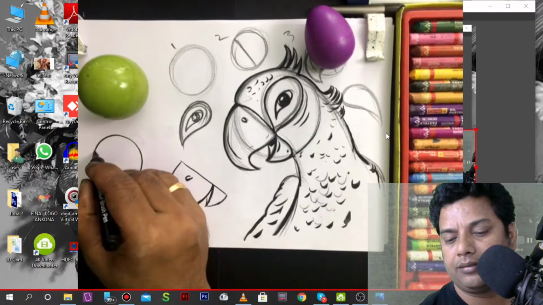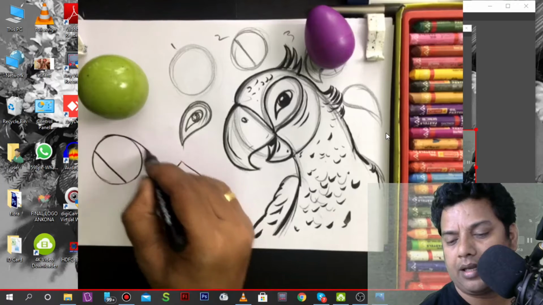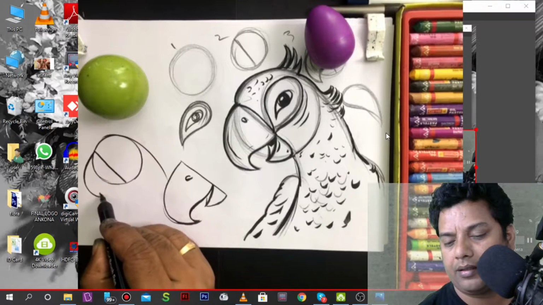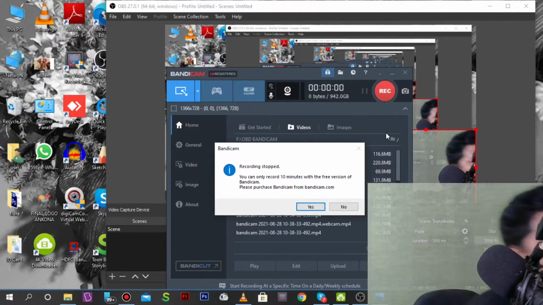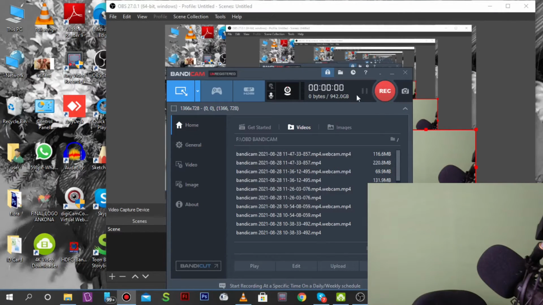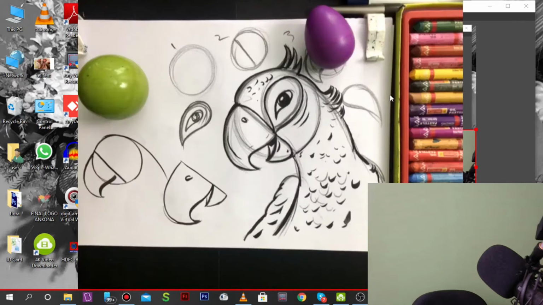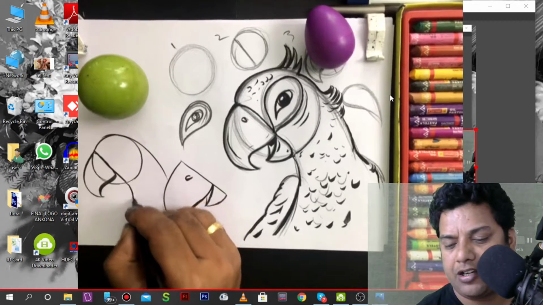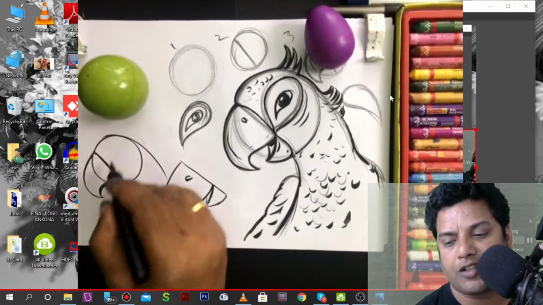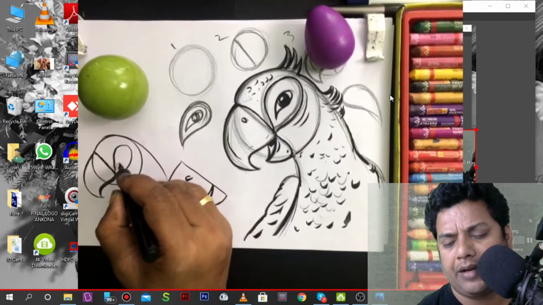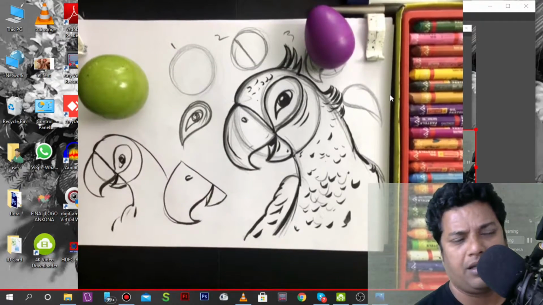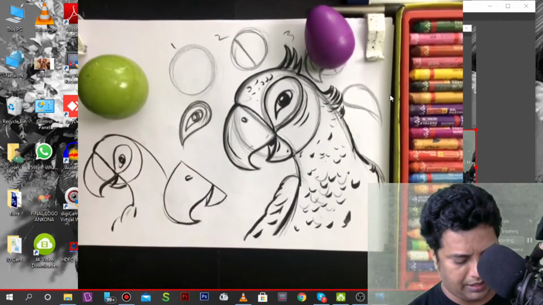First make a circle and then a line. This is the circle, you can make it big here. Okay, see, I show you again. Here you can make any drawing easily. If you are using this process, you can make any drawing very easily. Just using the circle shapes you are creating amazing drawings.